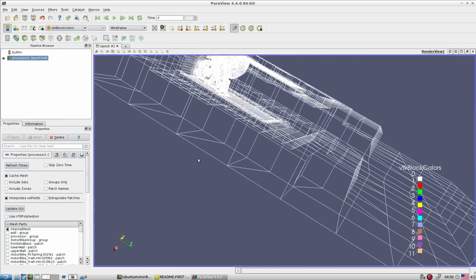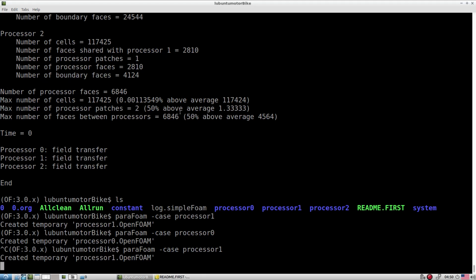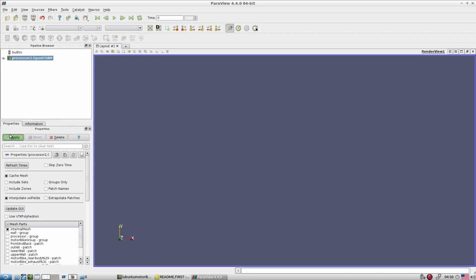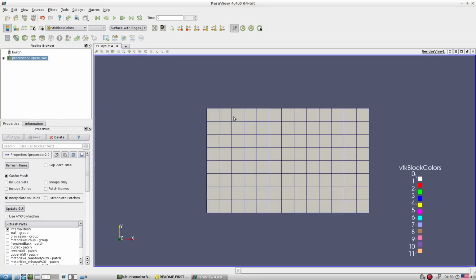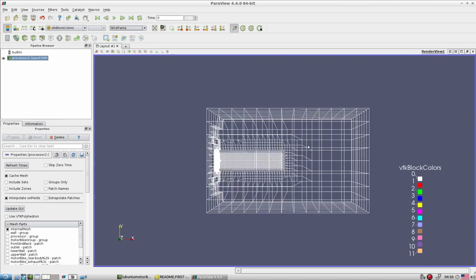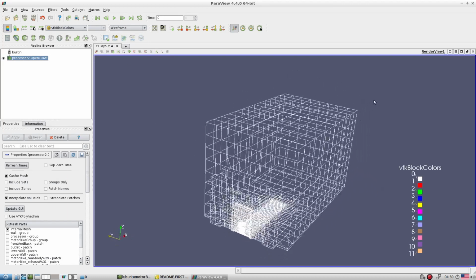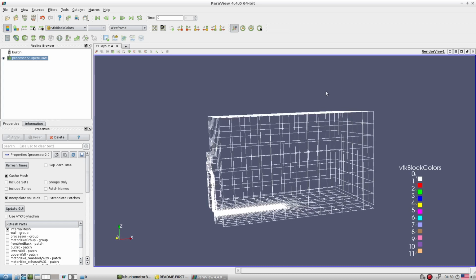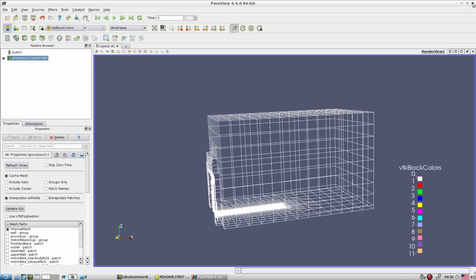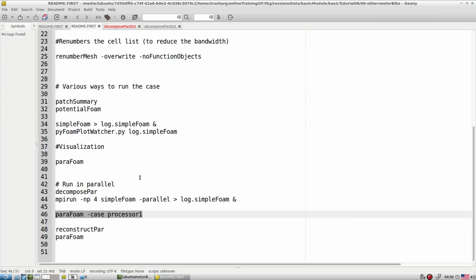And then we have the last part. Like that way you can check which processor possesses what grid size and everything. This is the last portion. So this is how at the processor level one can check the data.